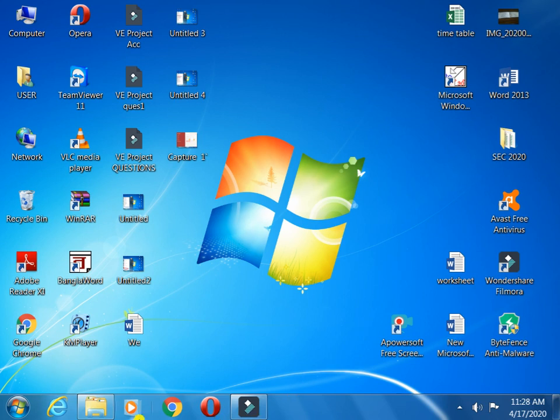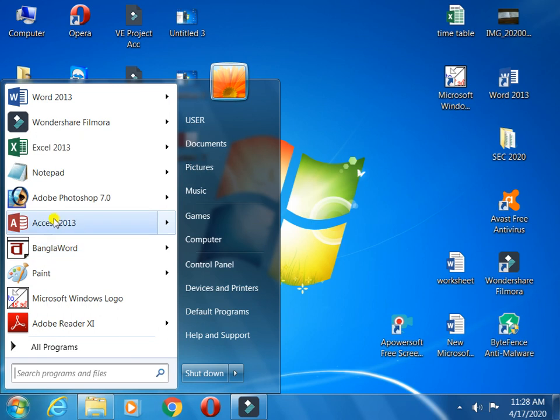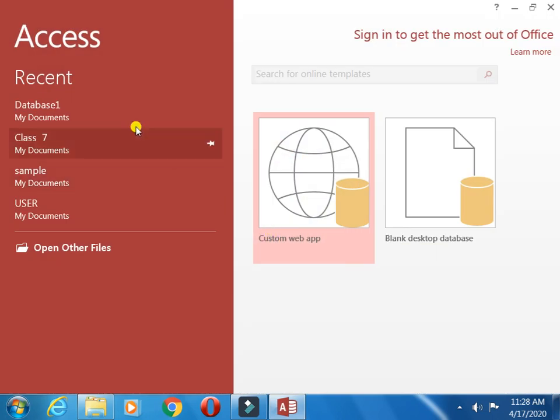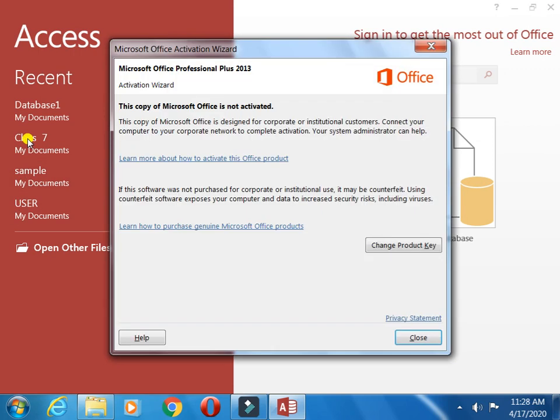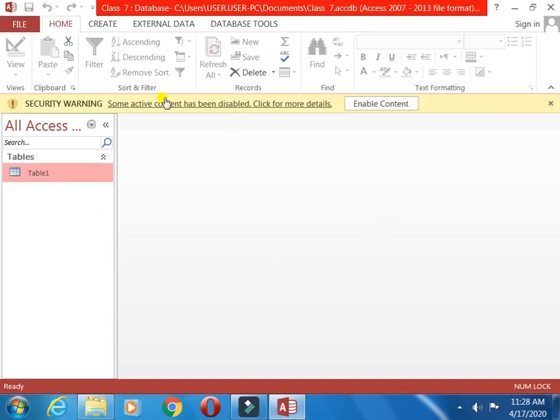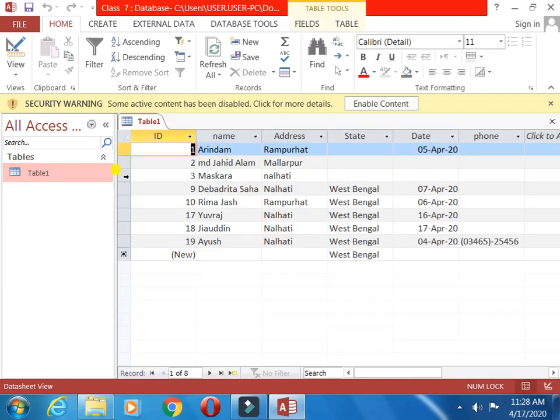Okay, so let us start Access. Start Microsoft Office and Access. You can see the database we have created. I have already told you this is our only one database, class 7. This is the screen, table number 1, our project. In the previous class I showed how to edit the phone format.